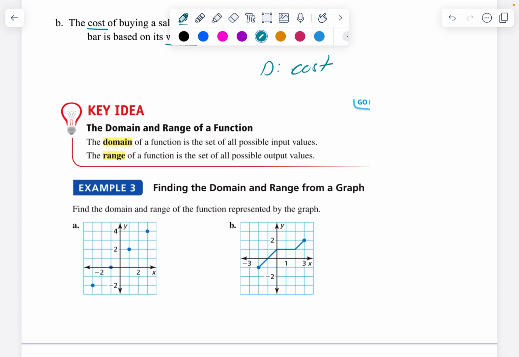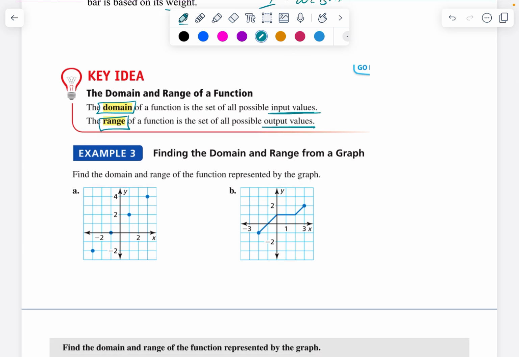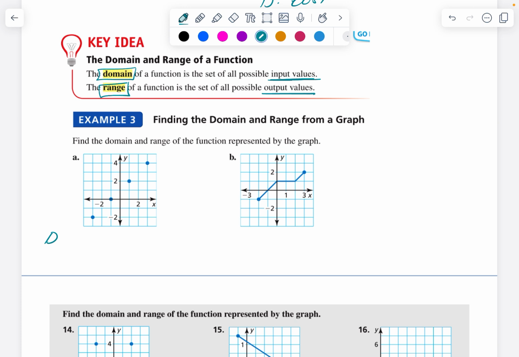Finally, we are giving some special terminology. Domain is referring to our input values, and the range refers to our output values. And so we are going to identify all our inputs and all our outputs. So for this first one, the domain,